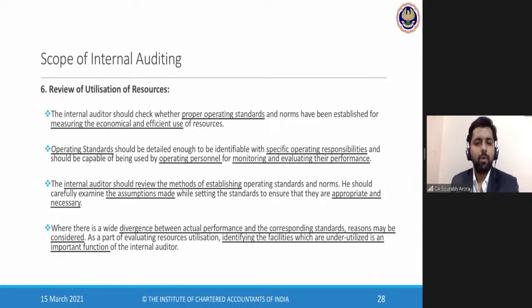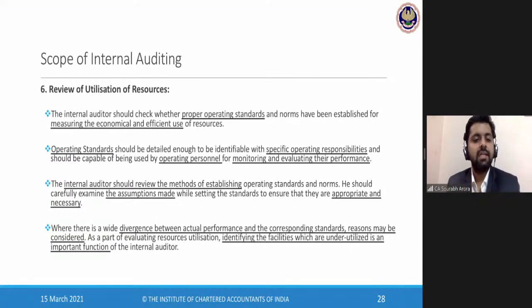And basis that, we can also evaluate that person's performance. So SOPs should be detailed enough to be identifiable with the specific operating responsibilities and should be capable of being used by the operating personnel for monitoring and evaluating their own performance. Then the internal auditor should review the methods of establishing operating standards and norms. He should carefully examine the assumptions made while setting the standards so that they are appropriate and necessary. So this is again regarding the design, whether these have been designed making reasonable assumptions and whether those assumptions were necessary in creating